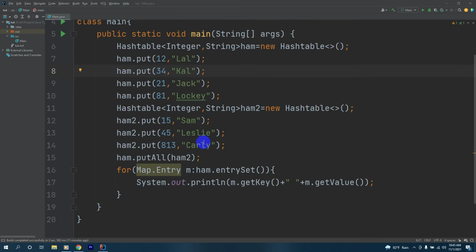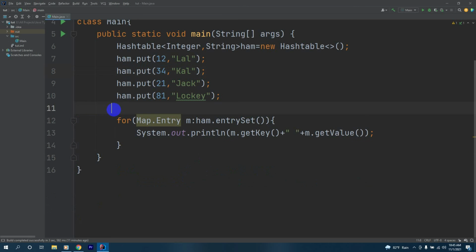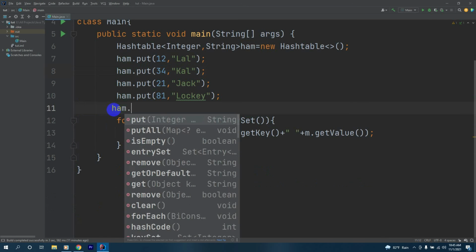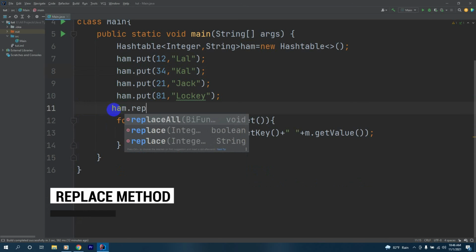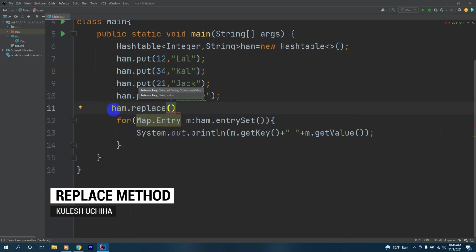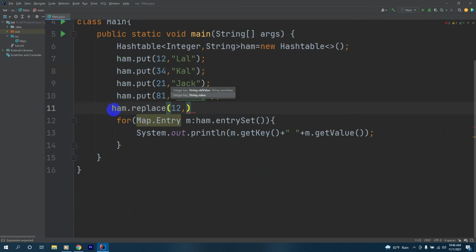Now let's implement two more methods. We remove the second hash table and we'll have m.replace, and we'll give this id as 12, and we'll replace the 12th key's value Lal with the 12 key value Mal.